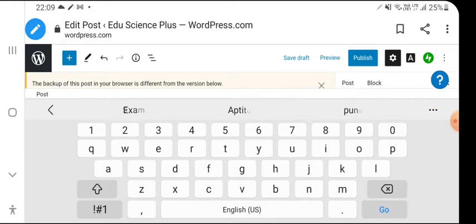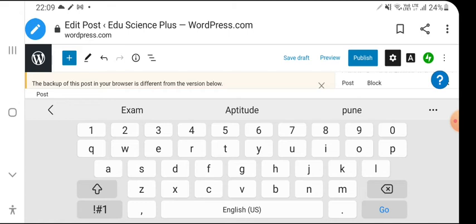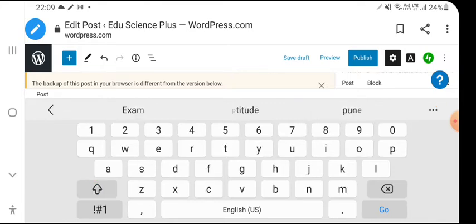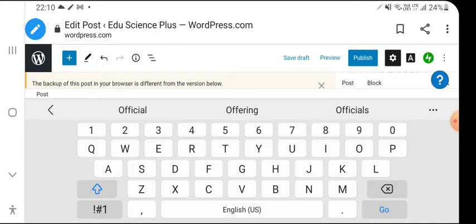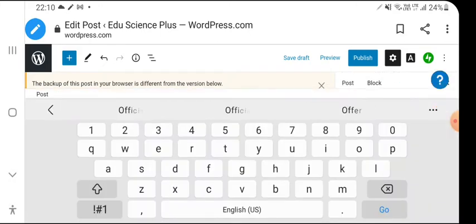So now let's put ISER aptitude test. Let's put ISER exam. Let's put ISER aptitude test preparation. ISER exam cutoff we can put, because these are some of the titles students search.